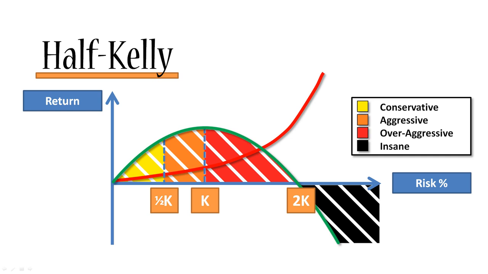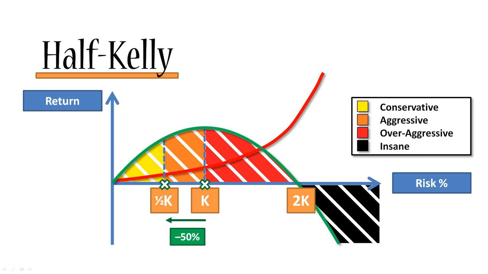So to start off with, if you move from Kelly to half Kelly on the risk axis, your risk decreases by 50%, which makes sense because you're basically halving your Kelly and therefore your risk is halving. But let's have a look at what happens to the return. Your first instinct would be that if you decrease your risk by 50%, then your return should also decrease by 50%. But because the profile of the return here is not linear, it's actually a parabola, what you will see